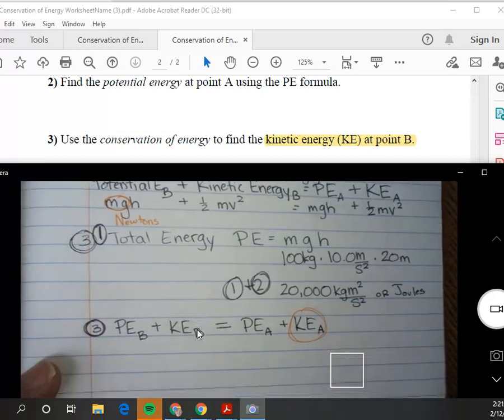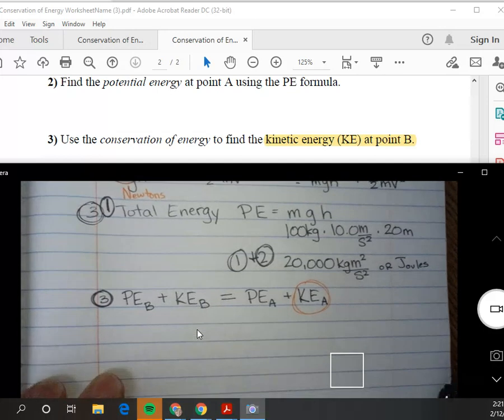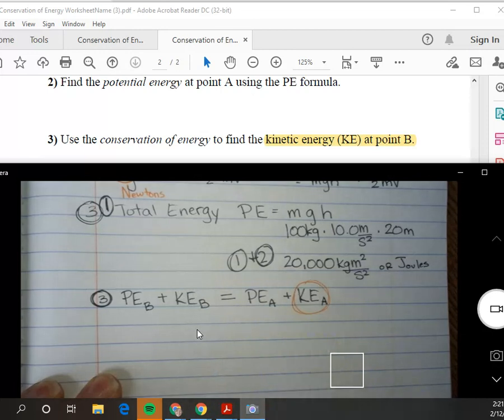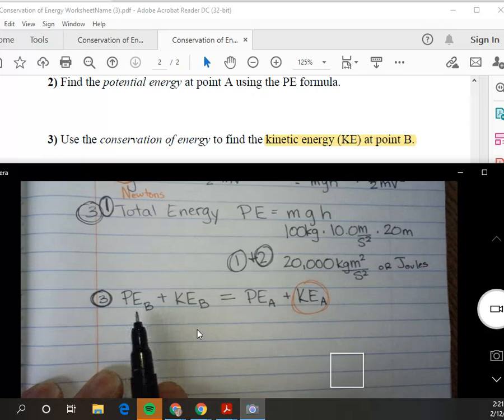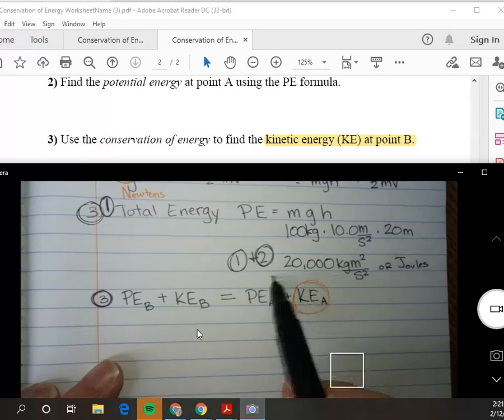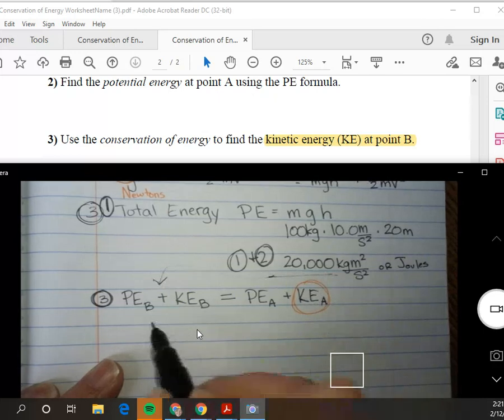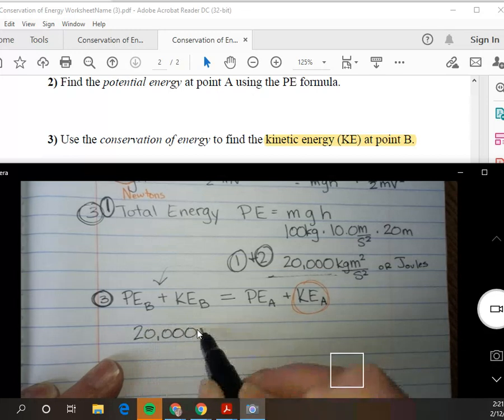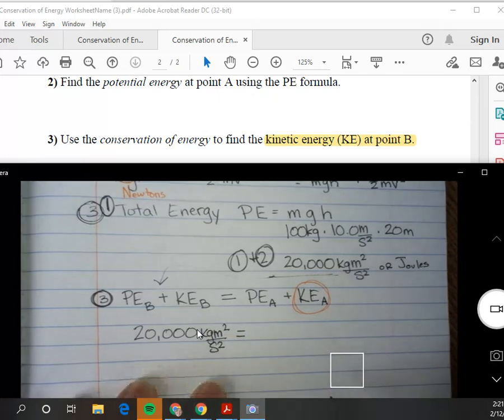All right. So we know that at point A, our potential energy is 20,000 joules. Right? That is our before, because we said we figured the potential energy. We said we were sitting still at the very top point, so we had 0 kinetic energy. So we're going to take this number right here and put it in there, because that was our starting energy. That was our before energy. That's what we figured out. So we can say equals, right now,